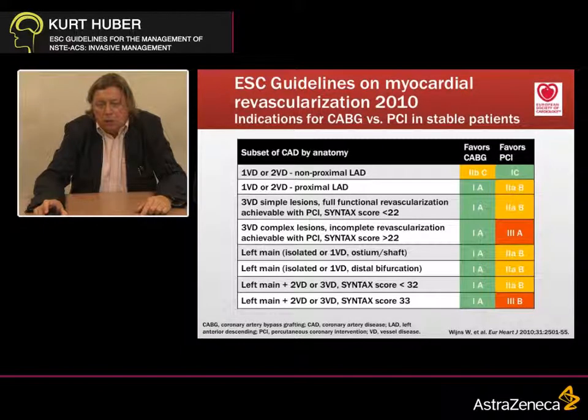There's only one clear warning with respect to surgery. This is the 3 vessel complex lesions, incomplete revascularization achievable with PCI, and a syntax score of more than 22, because here all the data show us that bypass surgery is better than PCI, but these data come from 2010, and there are a lot of studies going on which will show us whether PCI will also improve in this special subset